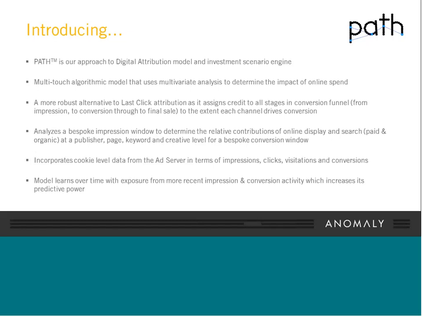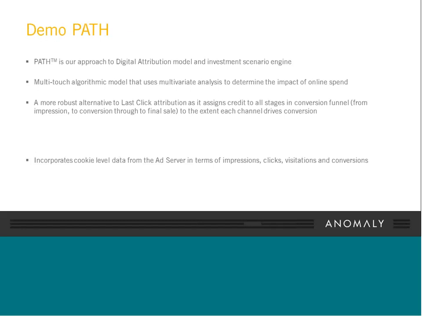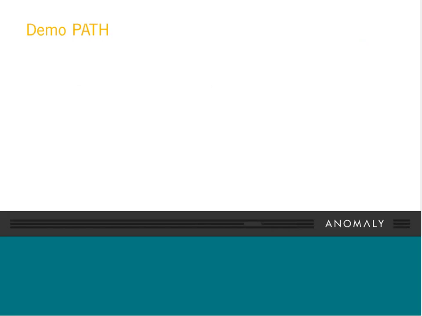If you think about how many ads are out there on the internet on a daily basis, how many banner ads, how many times people search, and what keywords people type into Google and other search engines. So there's a lot of activity out there on the internet just on one daily basis. And so for a particular client, we analyze what's driving their conversions. The model we use incorporates some learning techniques whereby it learns from past activity to predict future success. I'm just going to show you a very quick demo of Path.